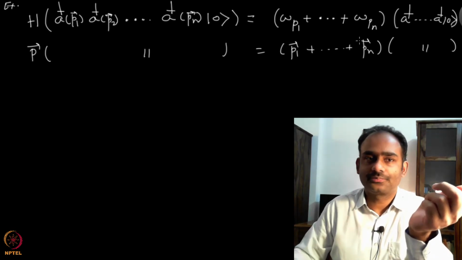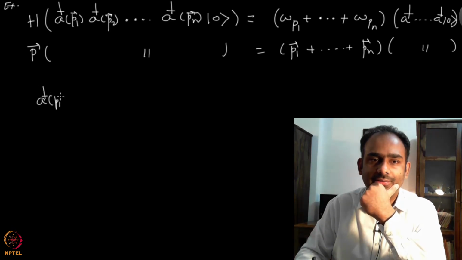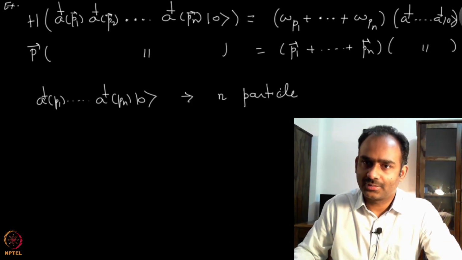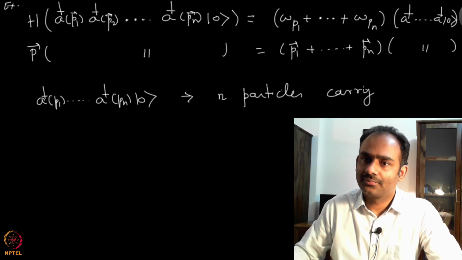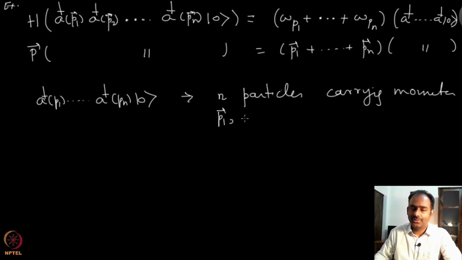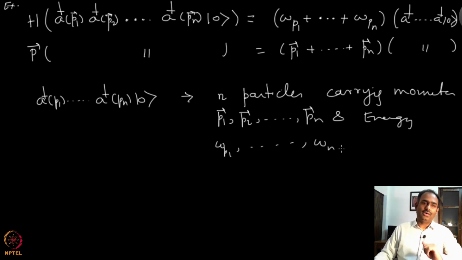So, yeah, so which shows that a dagger P1, up to a dagger Pn acting on ket 0 represents a state carrying momenta P1, P2, up to Pn, and energy omega P1, up to omega Pn. Okay, so we have